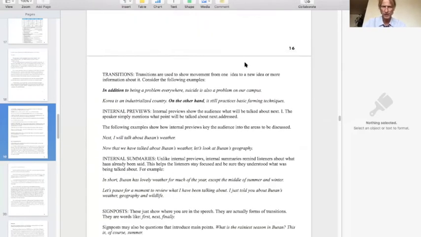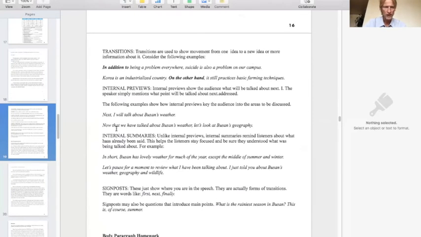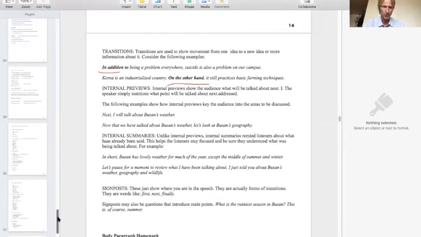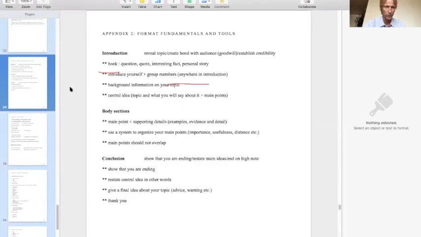Okay, so here are some more examples of transitions. Also, this kind of language, transitions, connectives, these kinds of things are really important for giving a speech, but also for writing essays. Okay, and we can find these at the very end of our textbook. I made a long list of them, right? So if you go to page like 34,